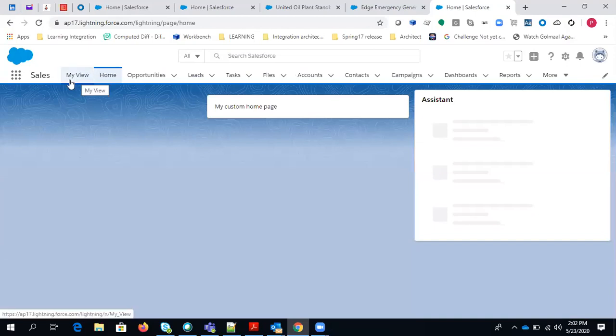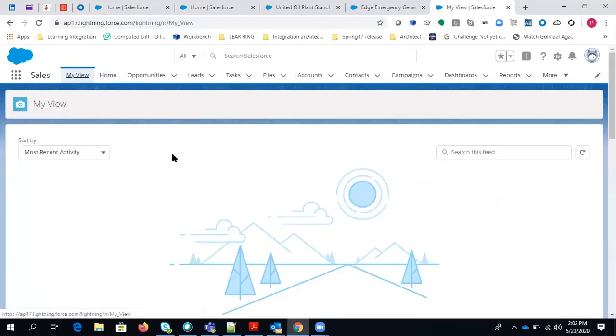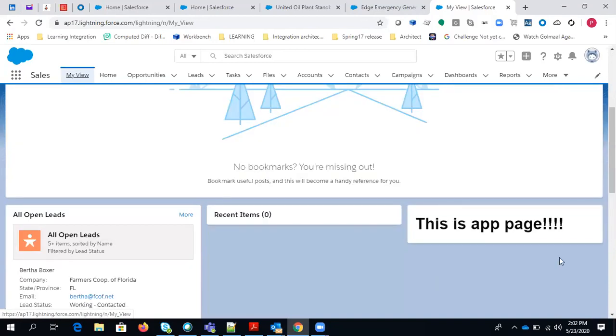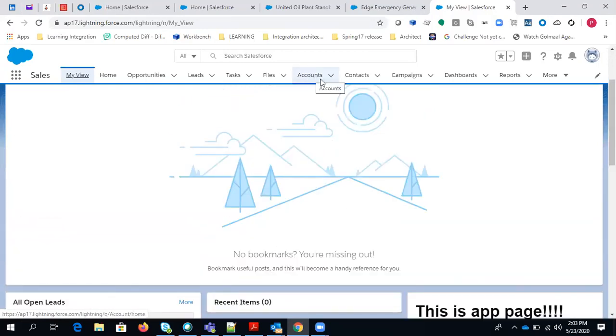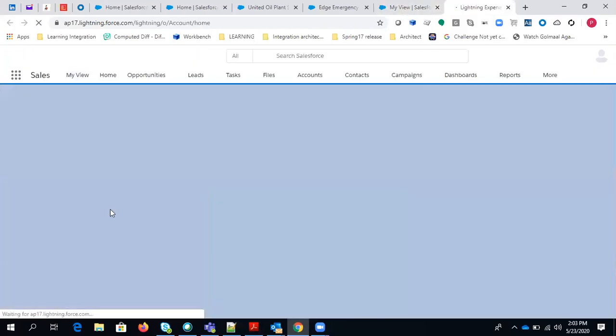You can see here my view tab is now visible. So after clicking on my view tab, the complete view, whatever we have discussed, you can see here the icon is camera, first is chatter. Here this is app page, recent items, because we haven't selected any recent record, we haven't visited any account recent record. So let me just visit some account recent record, and then those records should be visible.